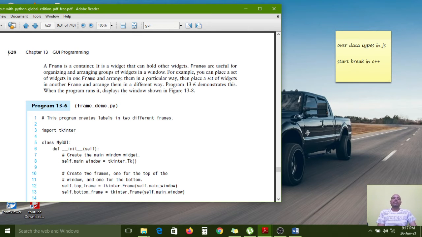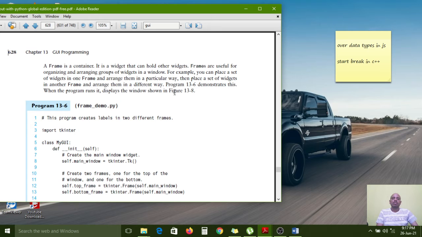Frames are useful for organizing and arranging groups of widgets in a window. For example, you can place a set of widgets in one frame and arrange them in a particular way, then place a set of widgets in another frame and arrange them in a different way.